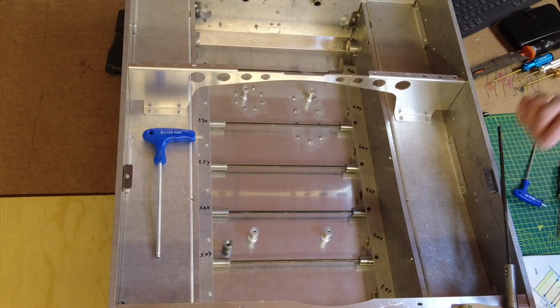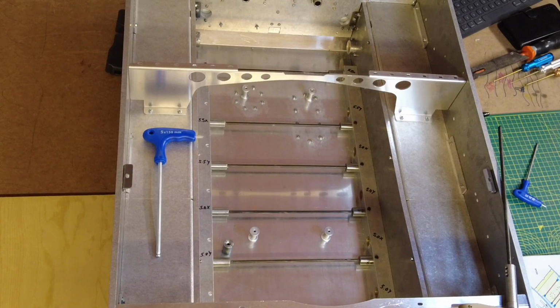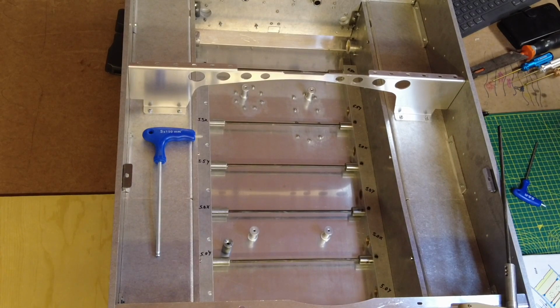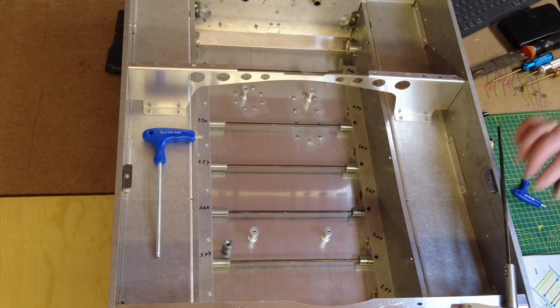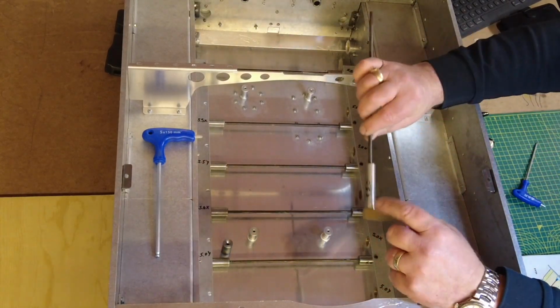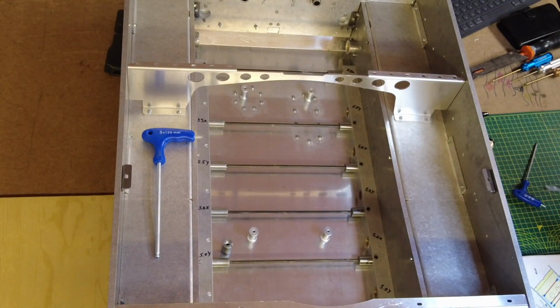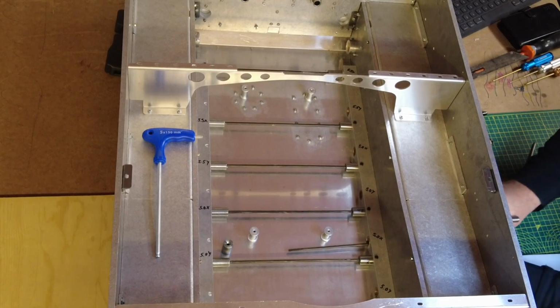So leave that on there for a moment, and then I'm going to go and get a couple of M4 6mm long grub screws. Get them ready, but I won't put them in just yet, because once you've got the grub screws in, you won't be able to pass it through the hull of the tank. So I'll make sure that's on the flat side, and it is. I'm going to pass this through,